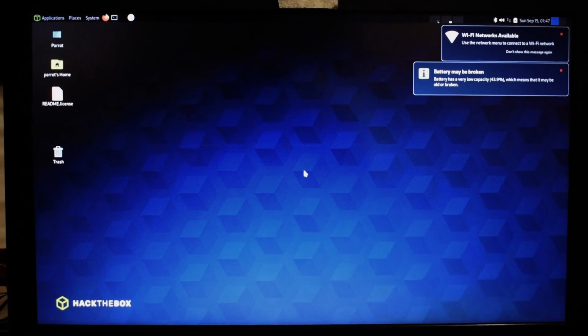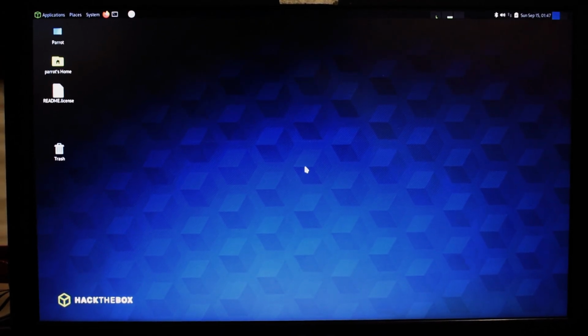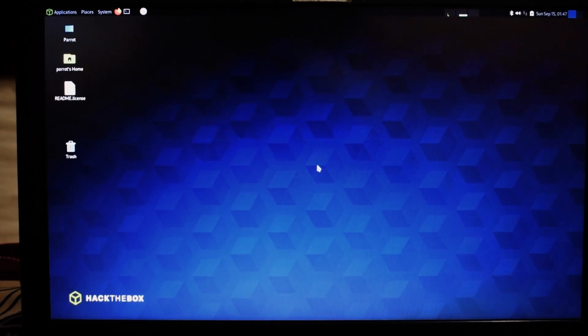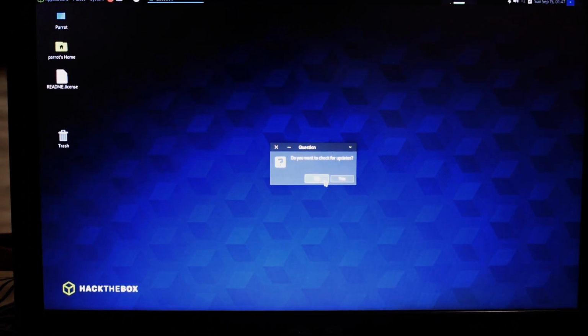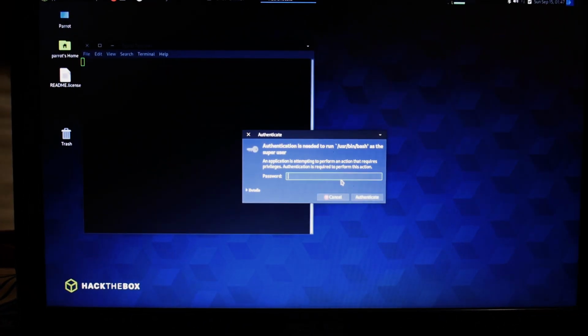When using Parrot OS for security testing, always obtain proper authorization and adhere to ethical guidelines. By following these steps and taking your time, you'll successfully dual boot Parrot OS and unlock a world of security